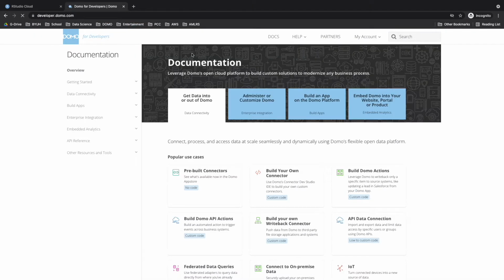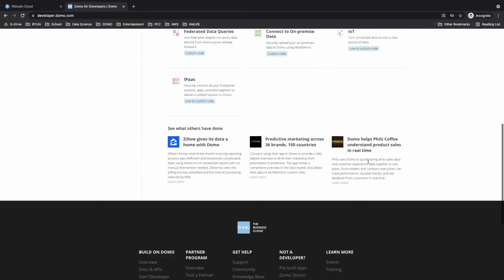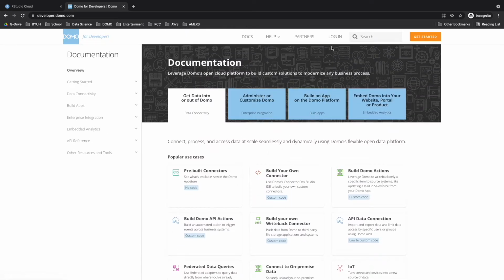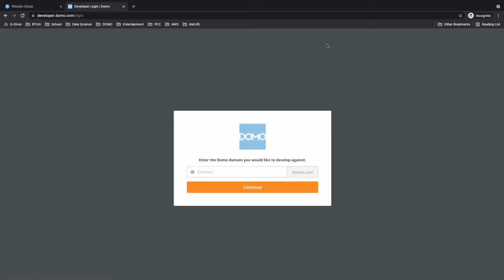And here for your part, you might actually, let me log out because I already logged in. I'm going to log out. When you first go to this developer.domo.com, you'll see this login button here, and you will see this is the developer page of Domo. You can click login, and it will ask you for your subdomain, which for me will be my first name,